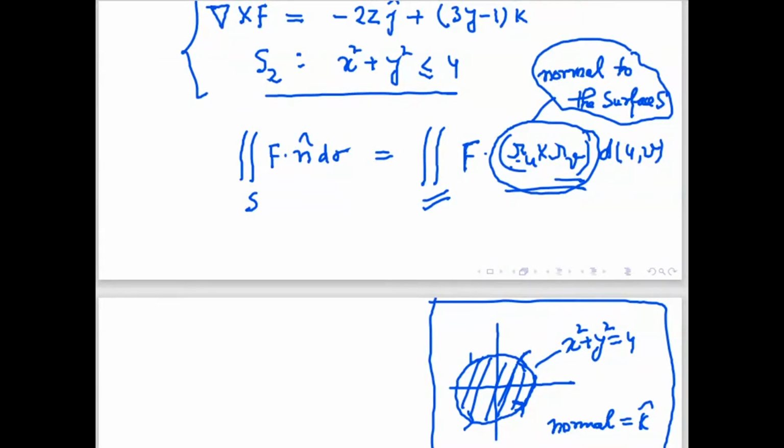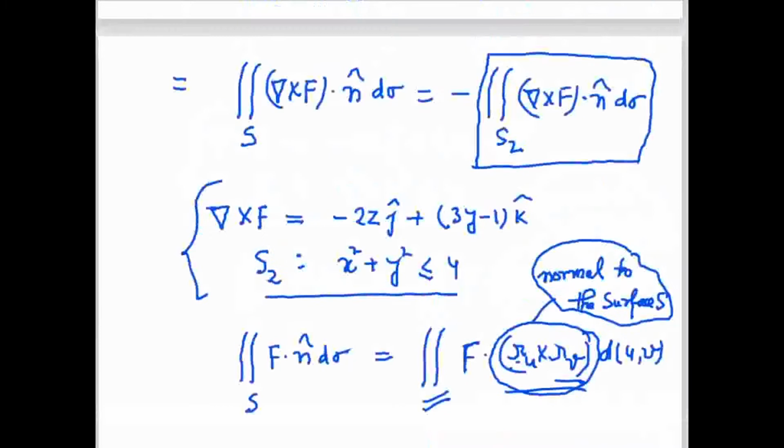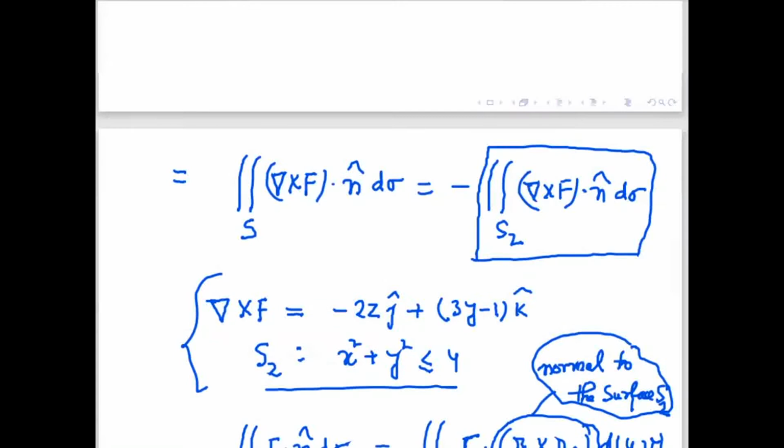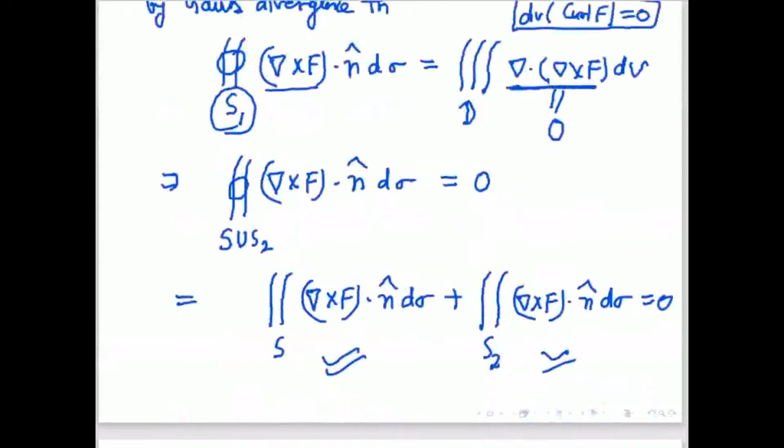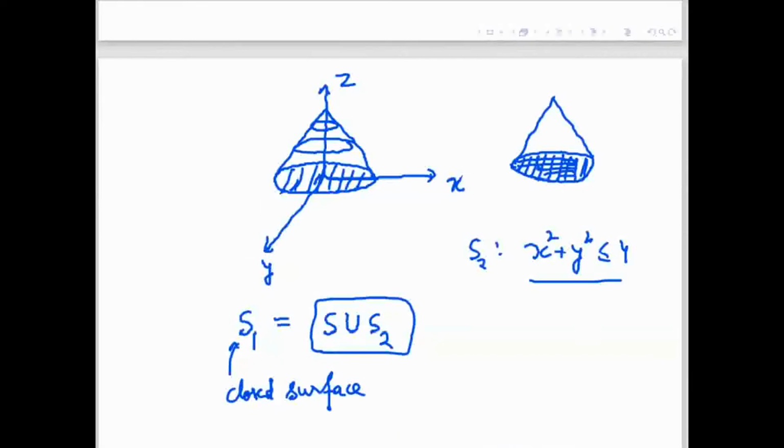Here we have to calculate over this surface S2. This is the normal to the surface S2. So I will calculate the normal by using the parameterization. Why am I doing the parameterization? Because I want to show you once that the normal will come k cap. Later we can use it directly. But in this question, because of the surface we took, where is the picture, this one, the normal will be minus k cap in this case, because the surface normal is always the outward normal.